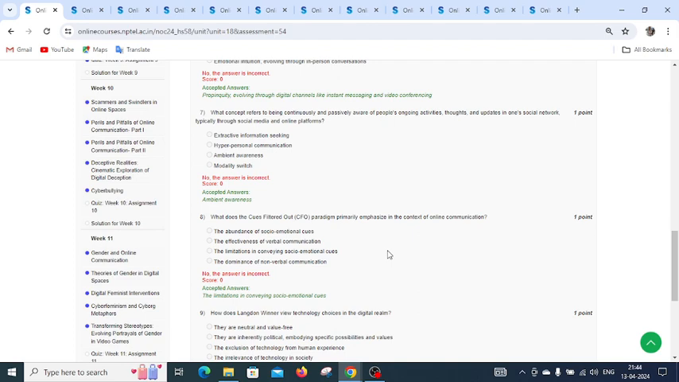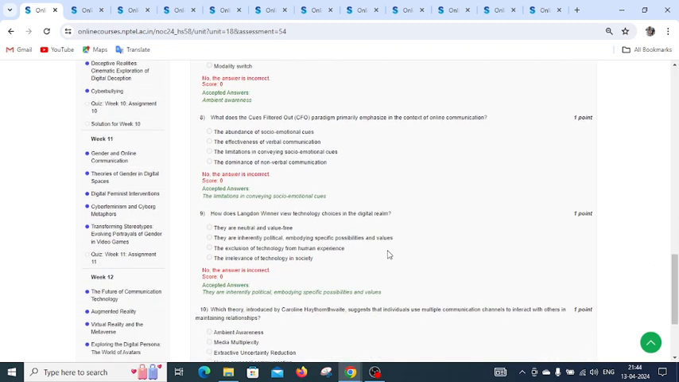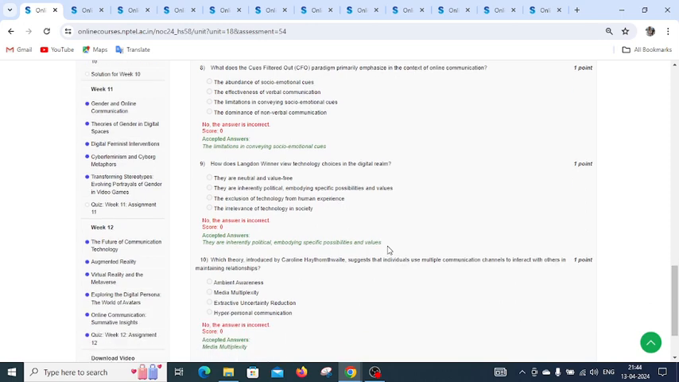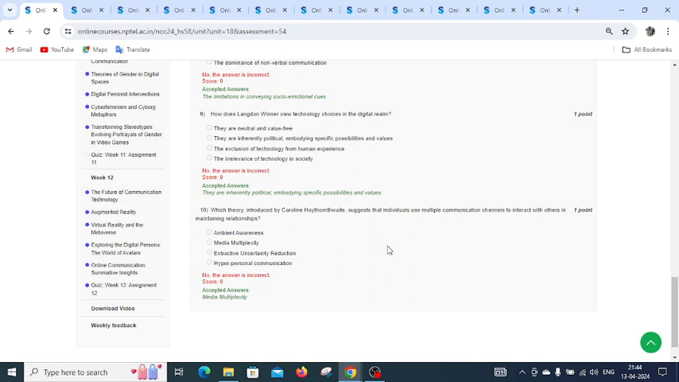socio-emotional cues. How does Langdon Winner view technology choices in the digital realm? And the right answer is they are inherently political, embodying a specific set of possibilities and values. Which theory introduced by Caroline Haythornthwaite suggests that individuals use multiple communication channels to interact with others in maintaining relationships, and that is